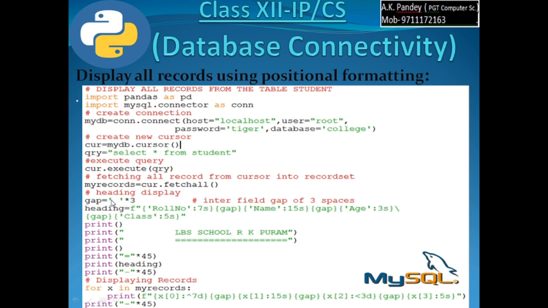Gap is specifying three spaces. यहाँ पर आप ये काम कर सकते हैं, 3 स्पेस साथ में डाल दिया. उसके बाद फिर से आपने व्हाट एवर स्ट्रिंग हैज़ टू बी डिस्प्लेड, उसके साथ उसकी फॉर्मेटिंग, फिर उसके बाद 3 स्पेस. तो यहाँ इसके साथ जो आपका एज है या नेम है, इसके साथ आपको ये कैरेक्टर्स बड़ा मुश्किल होता था काउंट करके, फिर उसमें कितना नेम कितने कैरेक्टर ऑक्यूपाई करेगा और कितना स्पेस छोड़ना है.